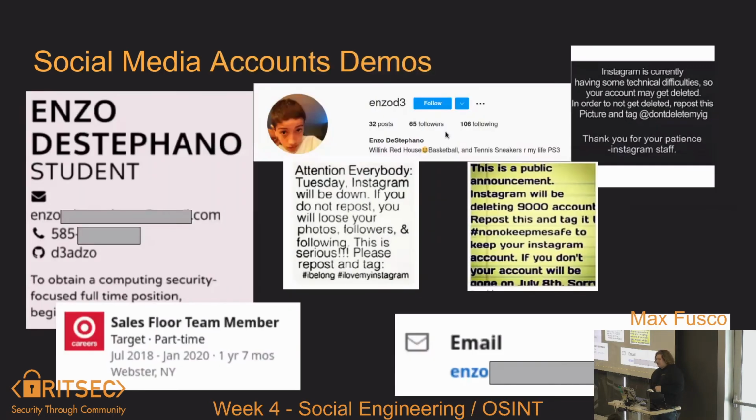So just doing another demo, we find Enzo's LinkedIn. He not only includes one email, but two separate emails just on his LinkedIn account. We got those. We got his phone number even. He just includes it on his LinkedIn account for anyone to find. We found his GitHub. We see again that he's from Webster, New York, because he used to be a sales floor team member at Target. We also found his